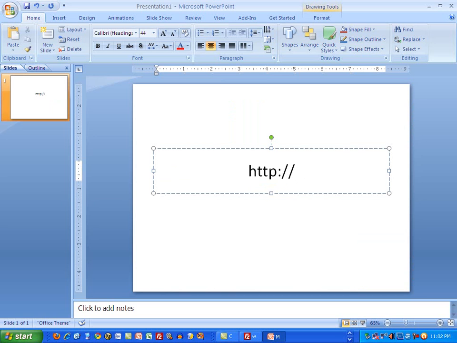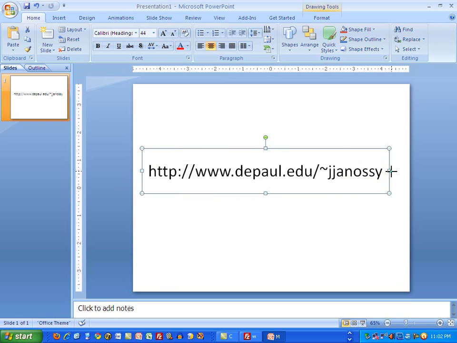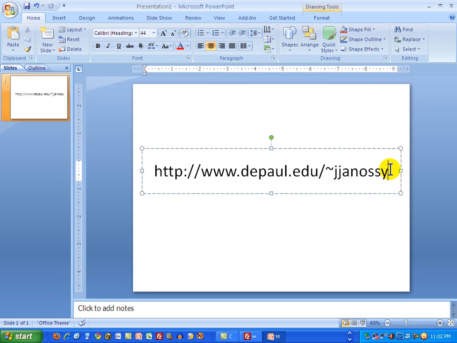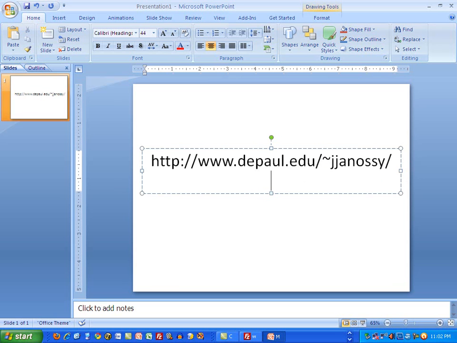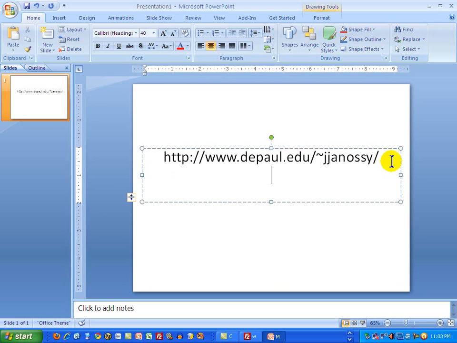The website it's at is this, but my little piece of that is named this. And you can see it's going to be a little bit messy here. That's not the end of it. That's everything that I have out there. I'm going to have to continue this just a bit so that you can actually see what I'm doing here. After that slash,